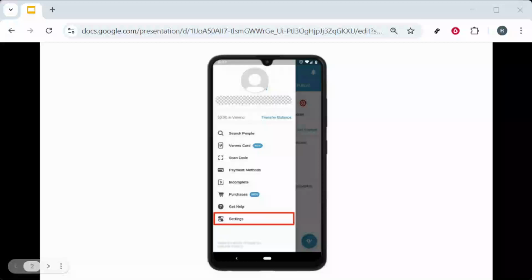In today's video, I'm going to teach you how to verify your Venmo account. Step-by-step guide 2025. Verifying your account helps lift sending and withdrawal limits and unlock certain features while keeping your profile